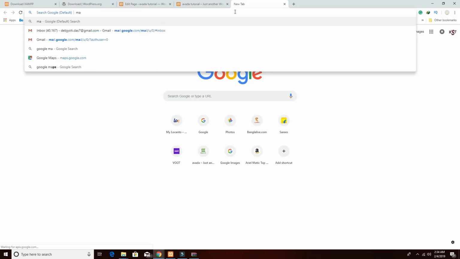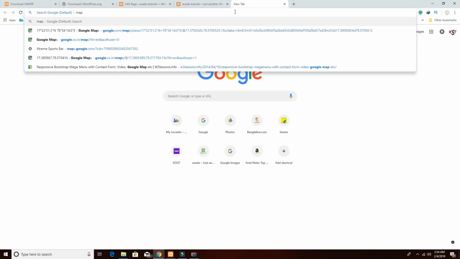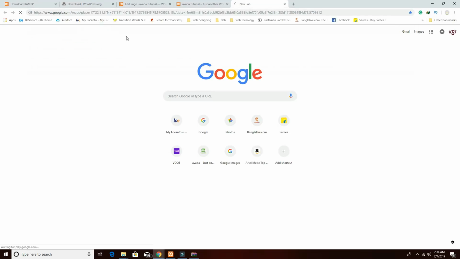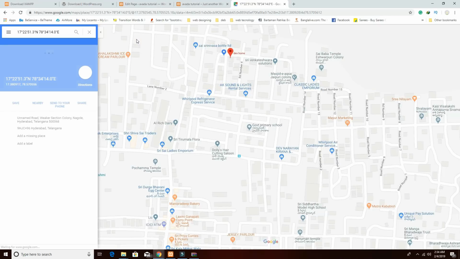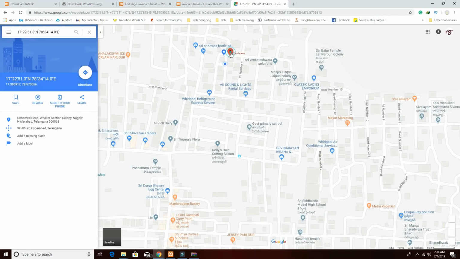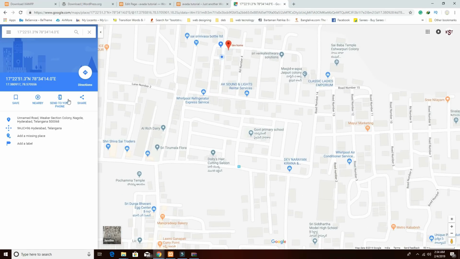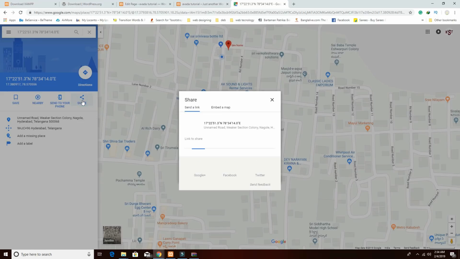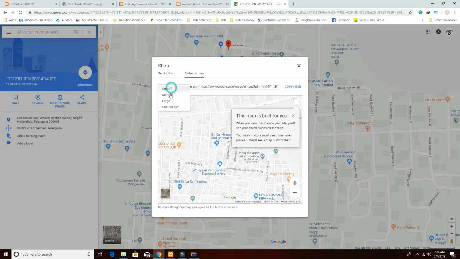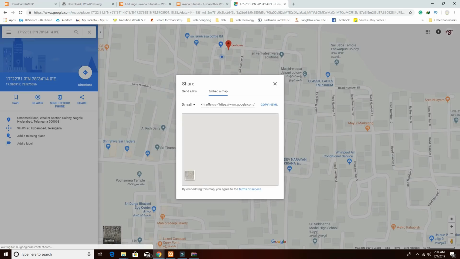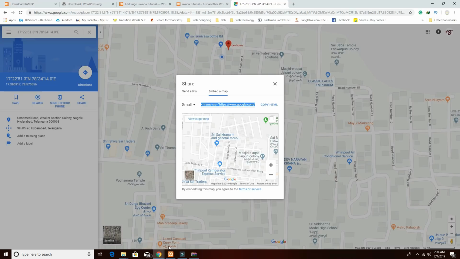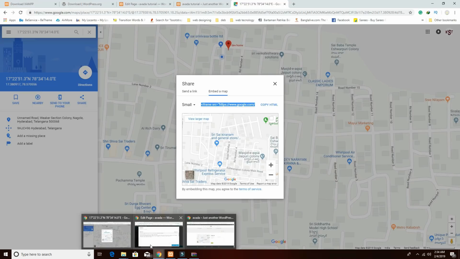Just type Google Map, okay, take any point like that, and after that here you have to click embed map. Here you can select the size, okay, like if you need the small one, just copy that code and